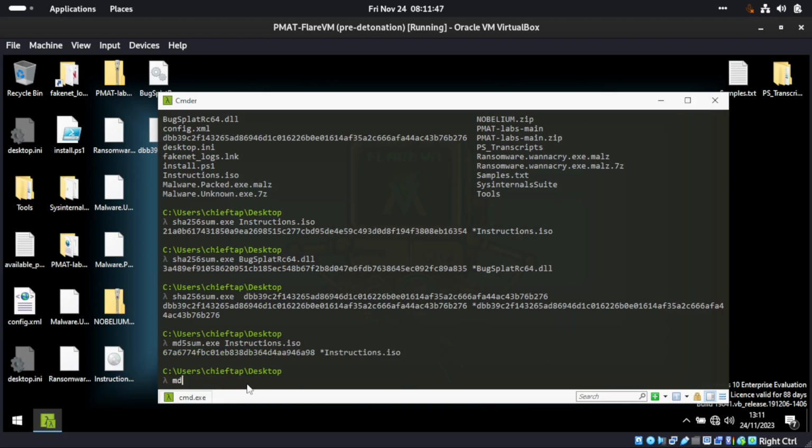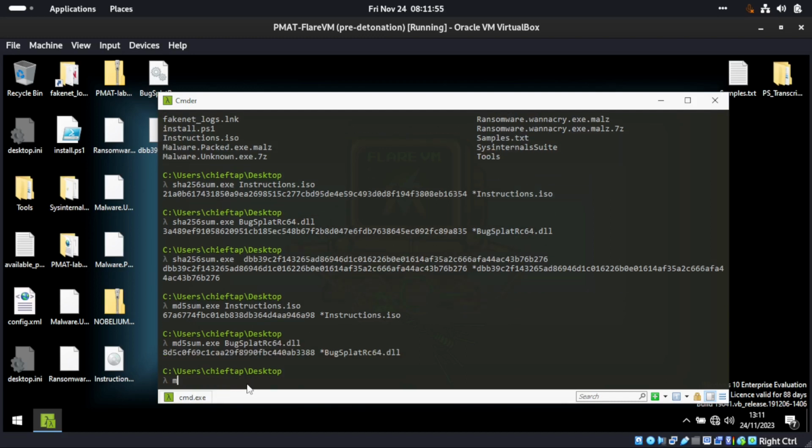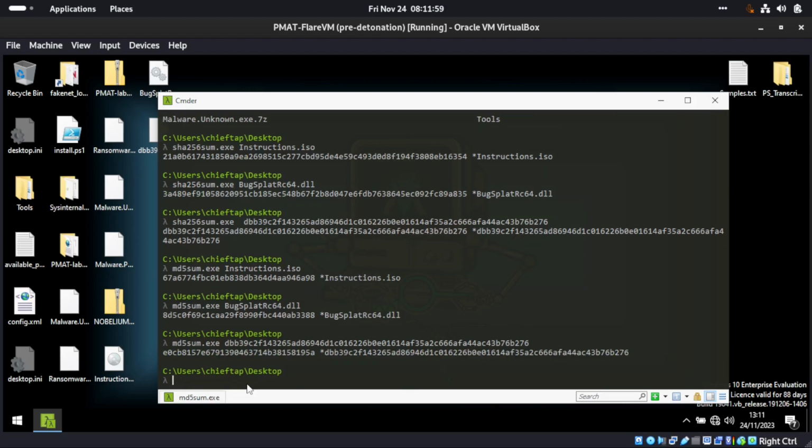I would say I'll also grab the MD5 sums, so that it is better to have an extra hash of that same file. Let's say if I have to do other things later on, we'll discuss that. Okay, and let's move on to the next thing, which is totally about